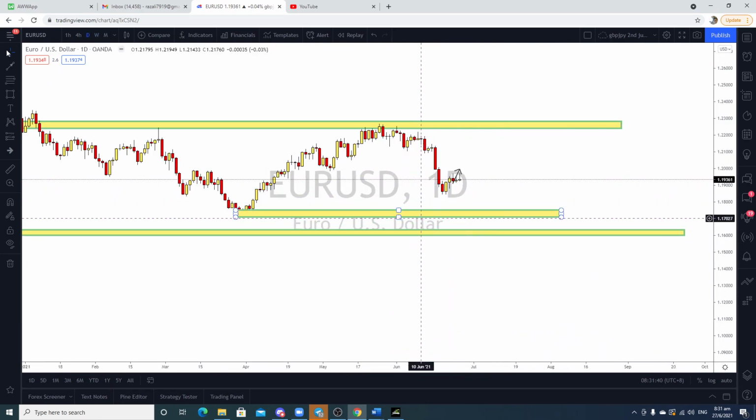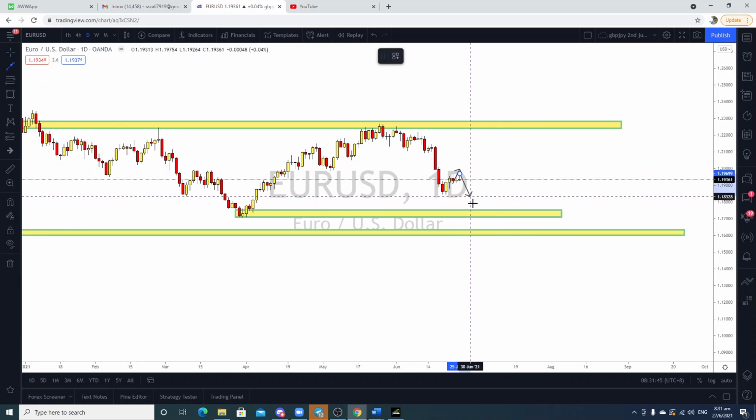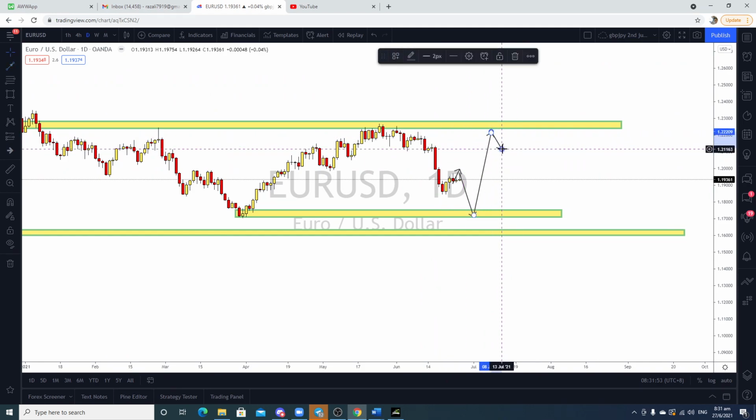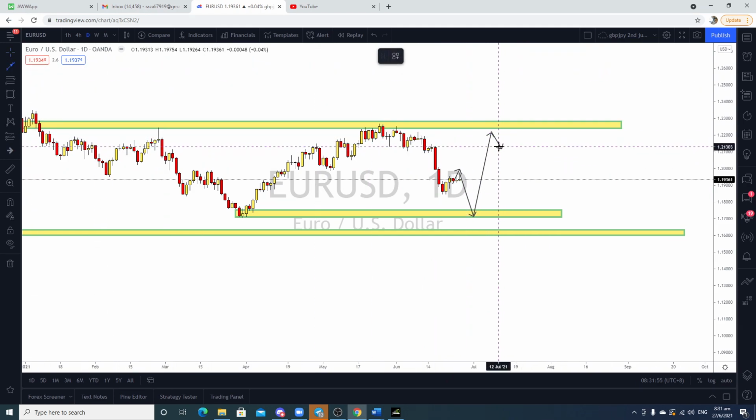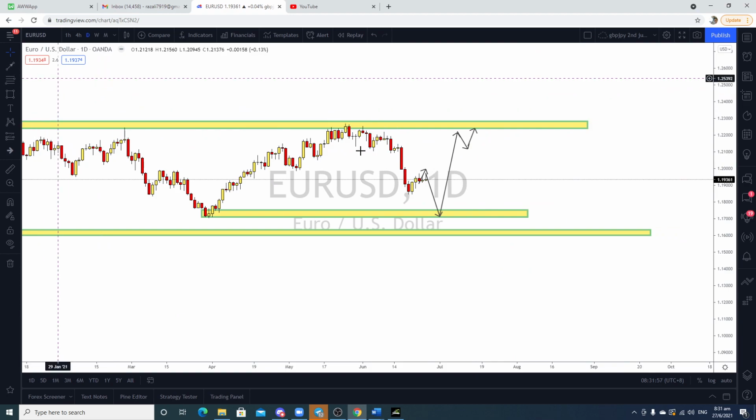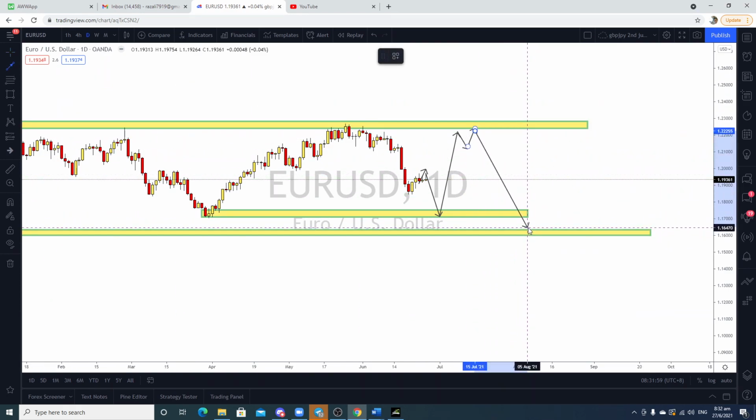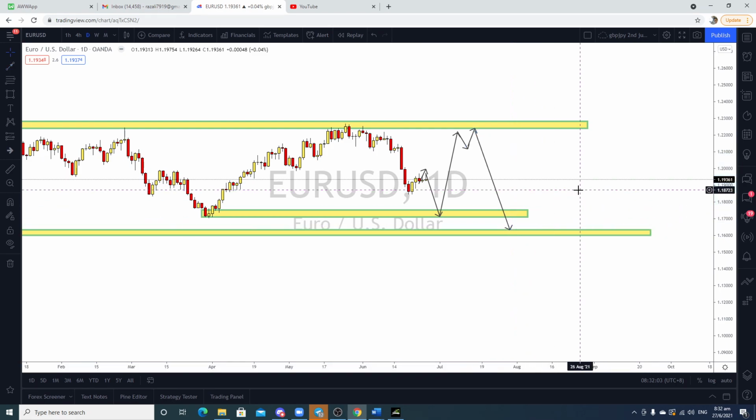But I was expecting the movement that price goes up and then price goes down here, back into this demand zone, and then price goes up again to make a double top before we see some sort of price action here, a sideways movement here, and then before we can see a strong push going towards here, and then go up, down, down, down there, right? So this is what I expect.